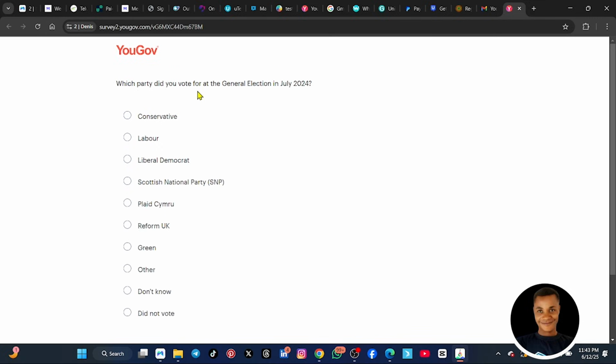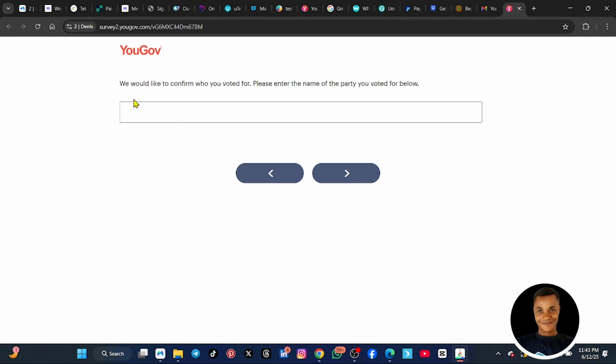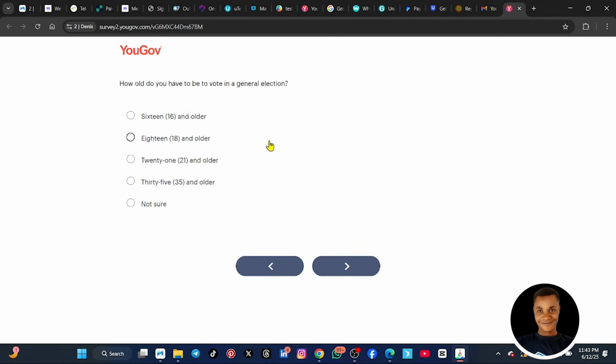Which party do you vote for at the general election? I vote for Labour. Remember, I have chosen Labour before, so any party question, I'll be choosing that. We would like to confirm who you voted for. Please enter the name of the party you voted for. I chose Labour. They just want to confirm that you are not an AI. All right. So I just place Labour. And then